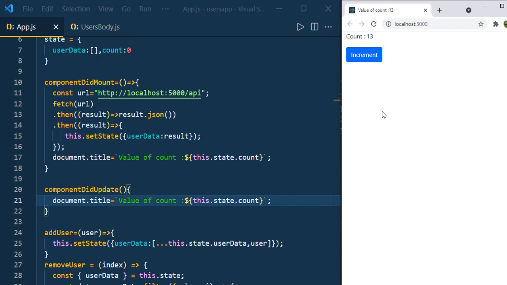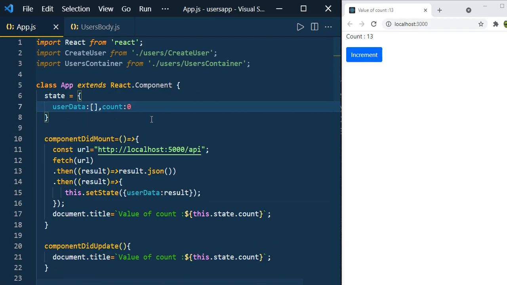Now let us see how we can achieve this using the useEffect hook. You can think of the useEffect hook as a combination of the class component life cycles that are componentDidMount, componentDidUpdate, and componentWillUnmount. Now I am going to comment all this code, and I am going to write the App component as a functional component.